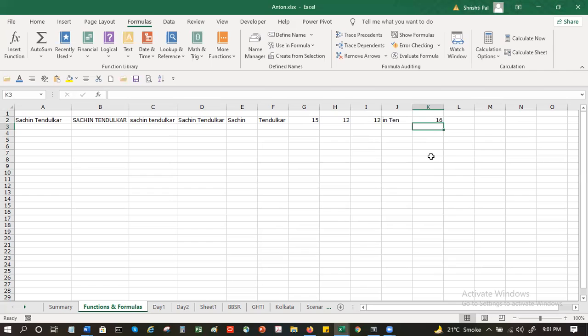So 16 is the total length of characters, which also includes the space in between. Correct. Now let's put in more words.